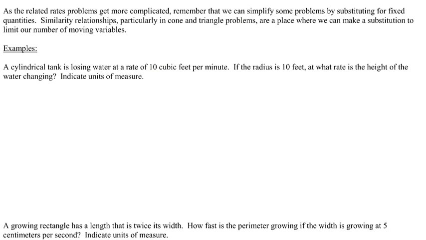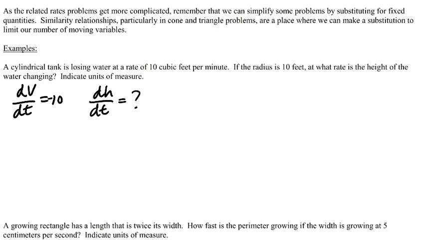Okay, the first one we've got a cylinder, and it's losing water at a rate of 10 cubic feet per minute. Okay, so dV/dt is negative 10. If the radius is 10 feet, what is the rate of change of the height of the water? Okay, so we want dh/dt